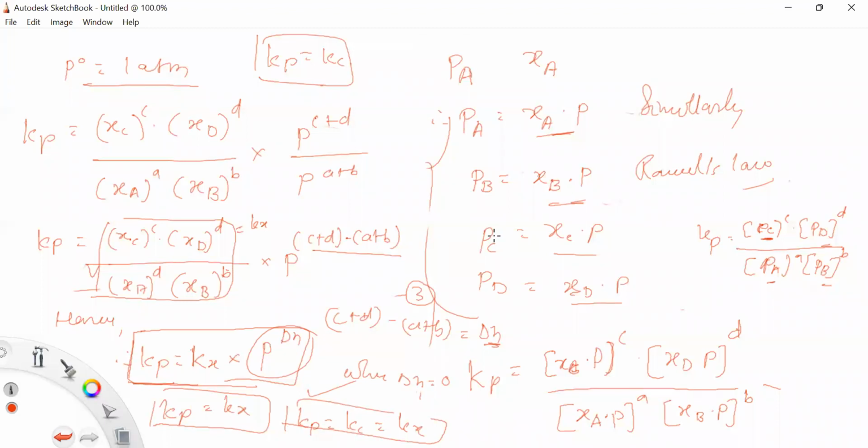So from these above 3 equations, we can observe that Kp and Kc depend on the temperature only, while Kx depends on the total pressure and the temperature. So this equation number 4 gives the relationship between Kp, Kc and Kx. So it is concluded from these equations that when delta n is equal to 0, the number of moles of product equals the number of moles of reactant,